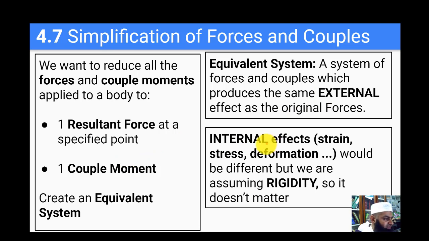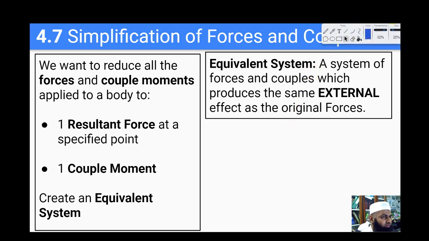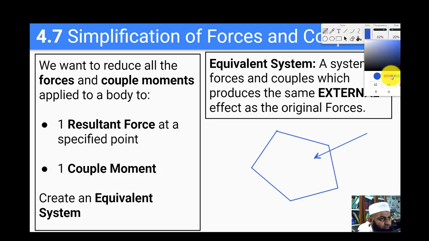So let's discuss an example. Let's assume that we have a rigid body which has this shape, and with this body we have a force acting at some point. Given this force, we know that there would be some strain at the point of action of the force, because we are applying a force at this point.